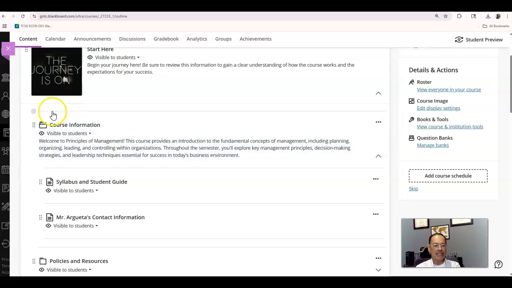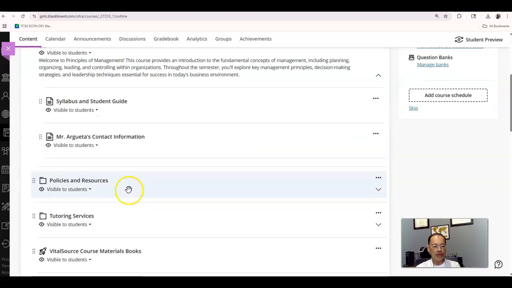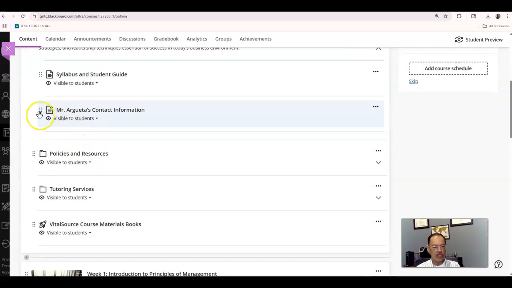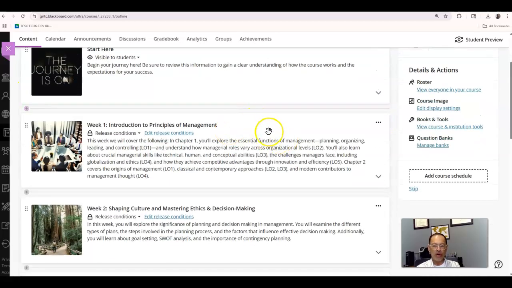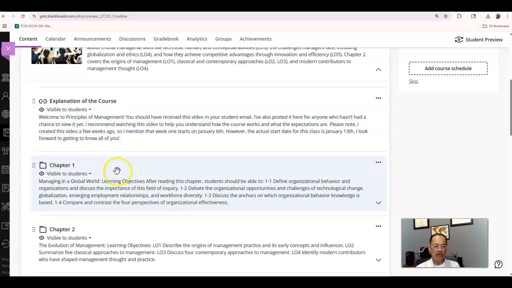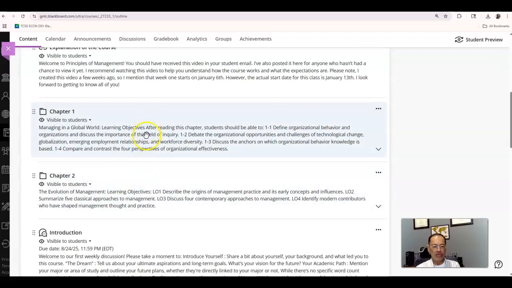Okay, so as I said, that's where your information is for this. This is some of the other stuff, tutoring and things you might need. But in regards to a book, you don't get a physical book. Day one, you just click on the first assignment, which I'll show you in a second here, which is here. You click on the first assignment, chapter 1 and chapter 2. Every week you get 2 chapters, and it automatically connects you to the book.